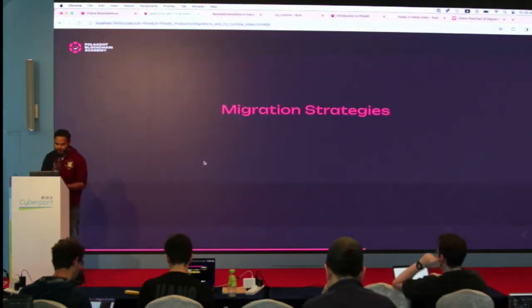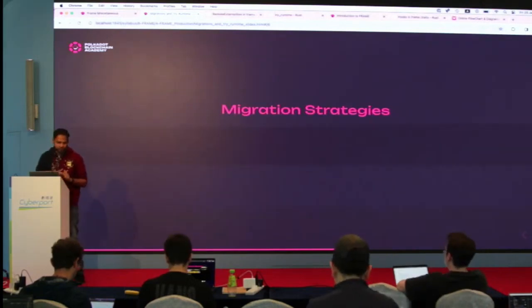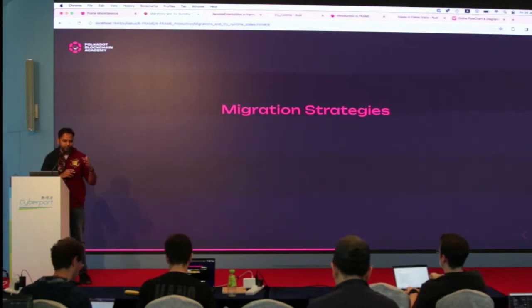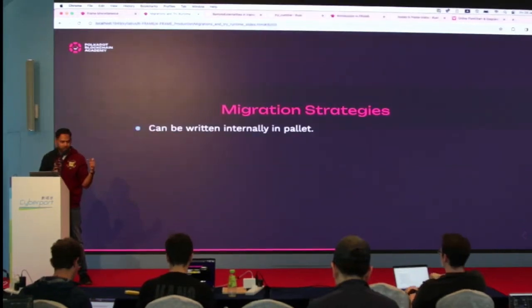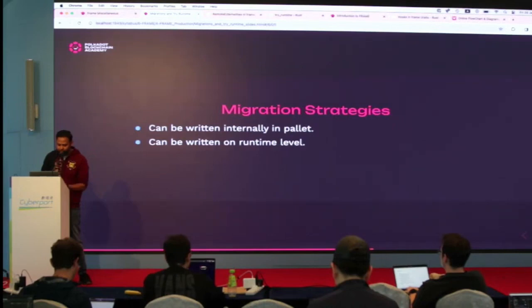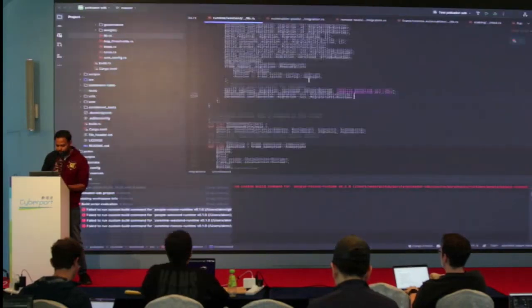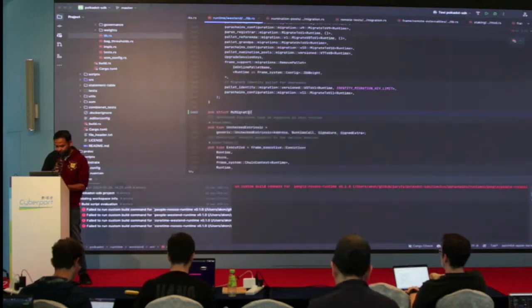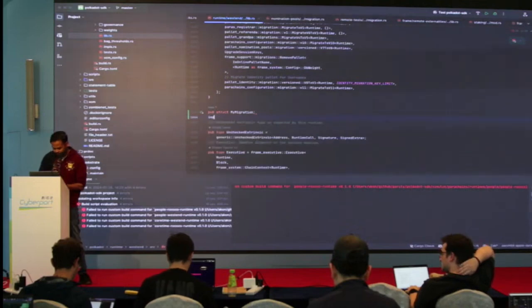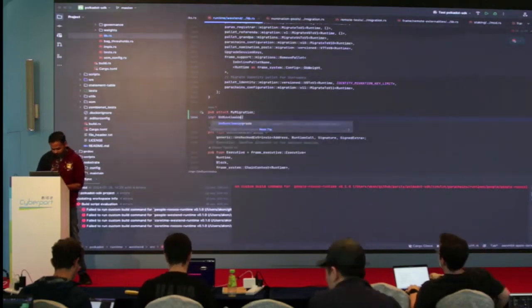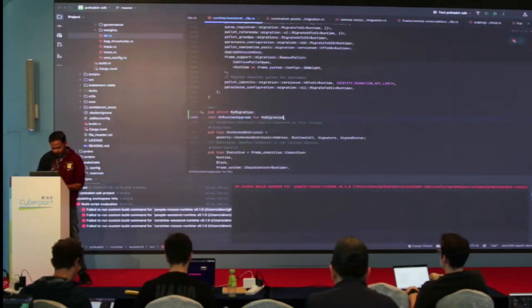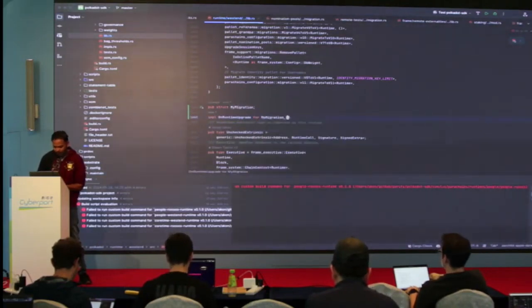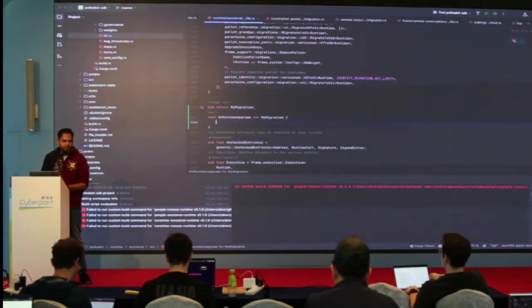Okay. So we saw a migration strategy where we migrated a bunch of things in one block, right? And we wrote the thing inside a pallet. You could actually also write this on the runtime level. So you could define a struct here, pub struct MyMigration. You can say impl, and then you can define the hooks, add it to the migrations, and it will work from the top level